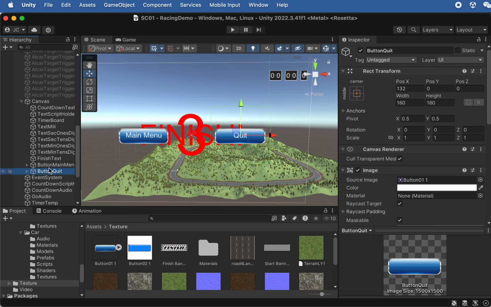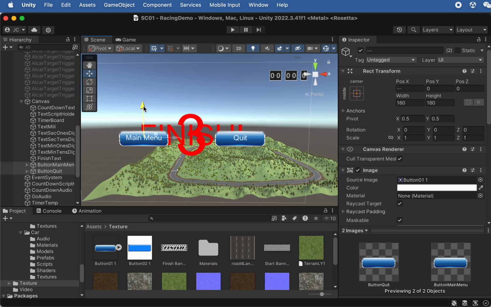So now we want to group these two together because this main menu button and the quit button will only show up when you finish the game. So when the finish text is showing up, and then you're gonna have these two buttons, right? So here first we're gonna select these two buttons and bring them down underneath the finish text, and then we're